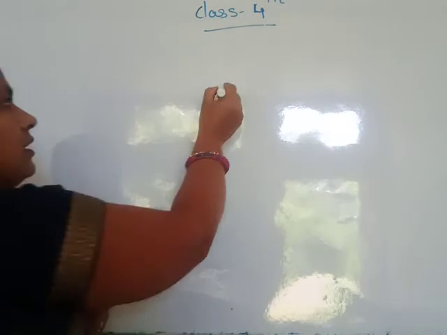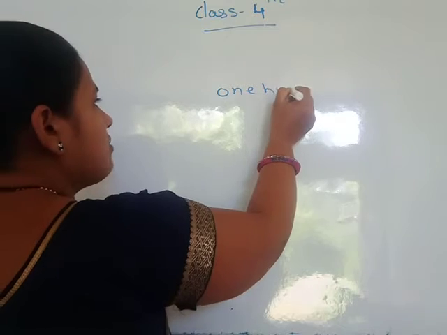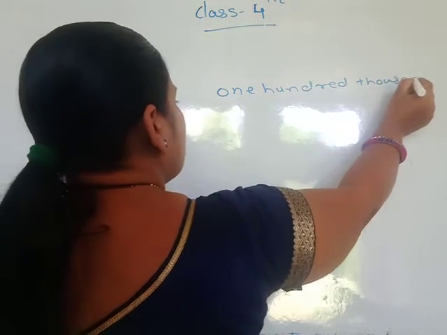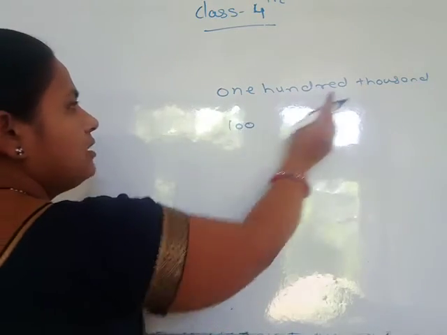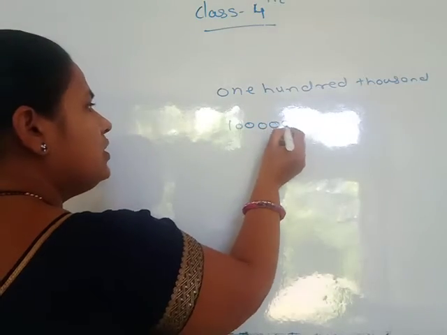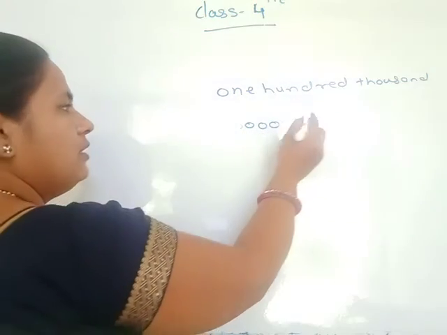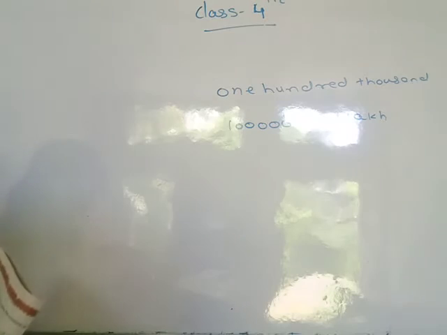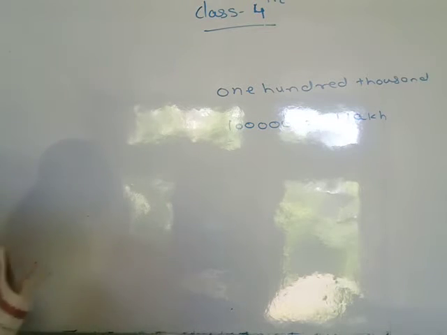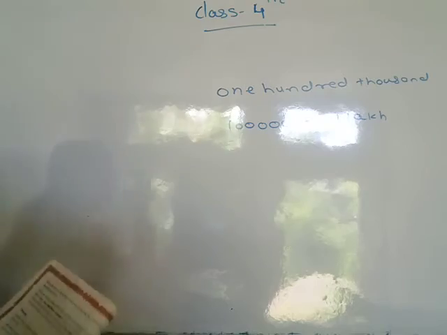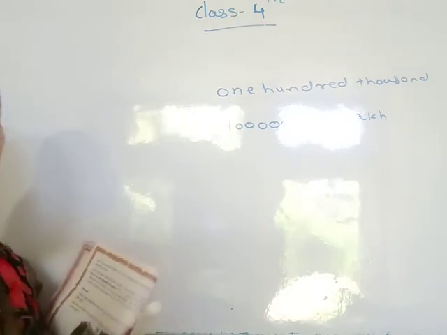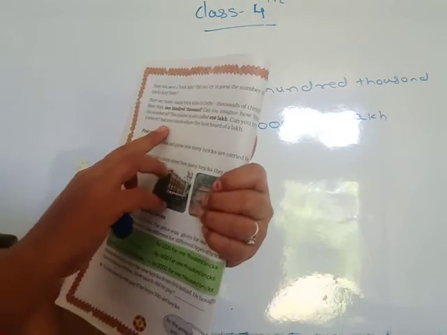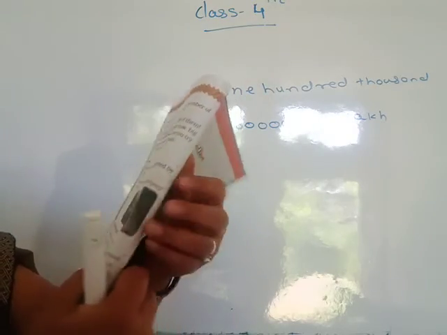You know 100,000. See here 100 and 1000 again. Here how many zeros? 3 zeros. Then 100,000 is equal to 1 lakh. 100,000 is equal to 1 lakh. In 1 lakh there are 5 zeros, and 100,000 also has 5 zeros, which means 100,000 is equal to 1 lakh. Can you too write it? Ask your friends where they have heard of a lakh.